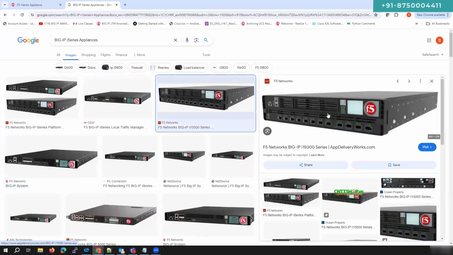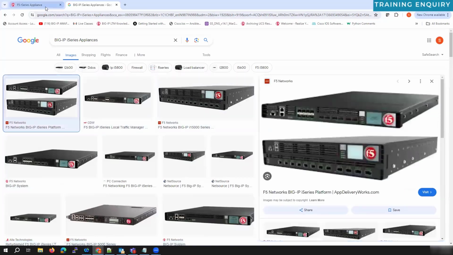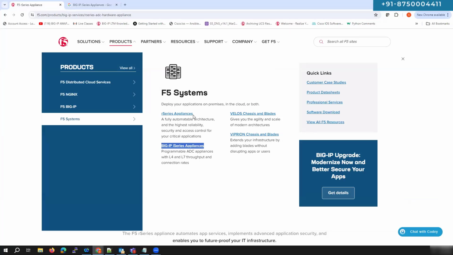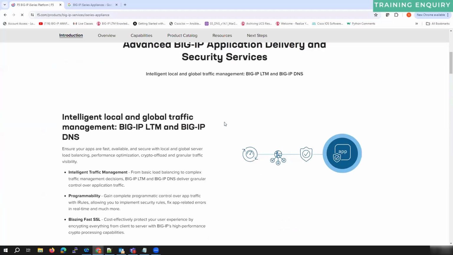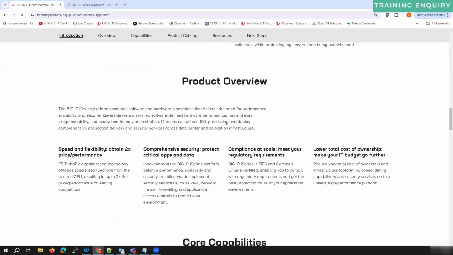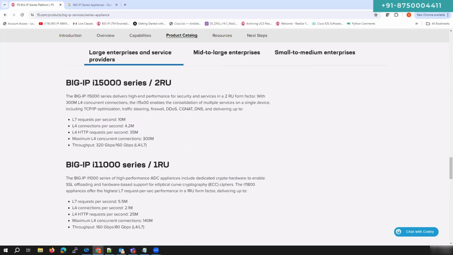कुछ 2RU वाले होते हैं, कुछ 1RU वाले होते हैं, बट दे डोंट सपोर्ट वर्चुअलाइजेशन। जैसे यहाँ पे हमने देखा आर सीरीज में, लाइक वी कुड इंस्टॉल मल्टीपल टेनेंट्स, टेनेंट मतलब टेनेंट इज इक्वल टू बिग आईपी, वर्चुअल बिग आईपी। बट आई सीरीज में ऐसा नहीं होता। सो इफ यू लुक एट आई सीरीज ऑफ बिग आईपीज, तो दोज आर दी बॉक्सेस जिसपे डायरेक्टली टीमोस चल रहा होता है। तो अगर आप देखोगे यहाँ पे, लाइक लुक एट हियर, 15,000